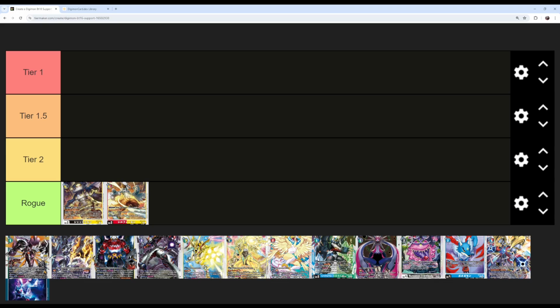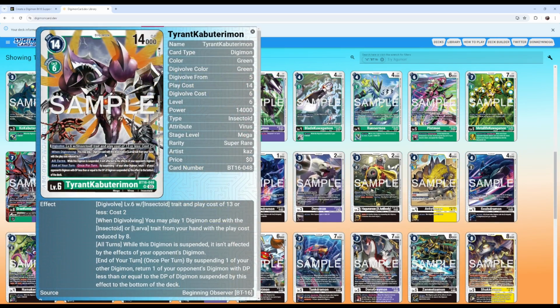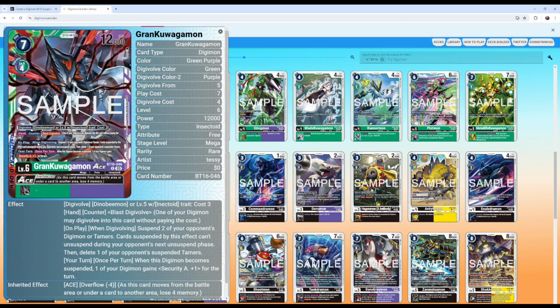once you make your big Tyrant push, you can use its effect to spit out another body. Oftentimes it's either Metal Life Kuwagamon or the Grand Kuwagamon Ace, because this lets you play effectively something reduced by 8 costs, so any bug, if it's 8 costs or lower, you're effectively not paying its cost. So something like Grand Kuwagamon Ace has that really strong on play, so you can just play it out, suspend 2 things, kill a Tamer, and then use the Tyrant effect to suspend the Grand Kuwagamon